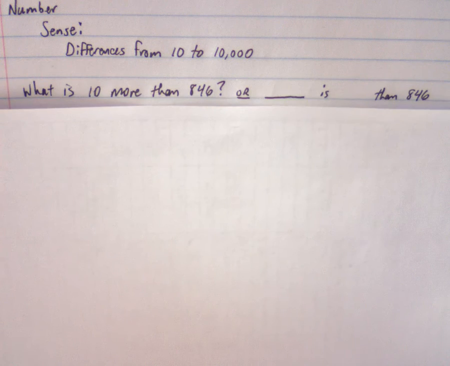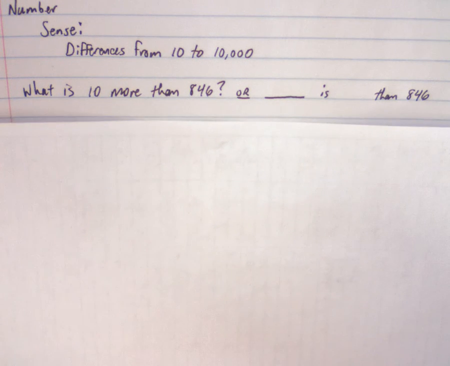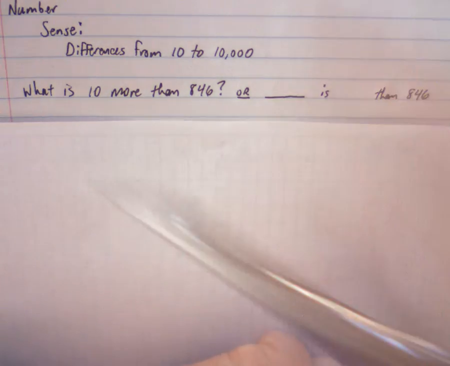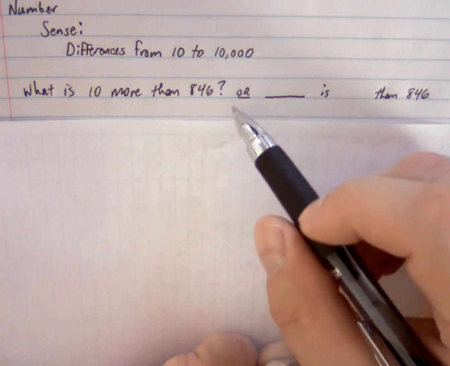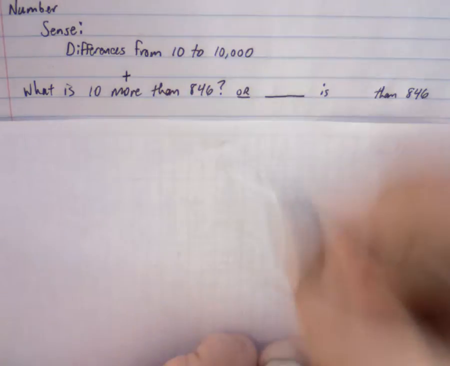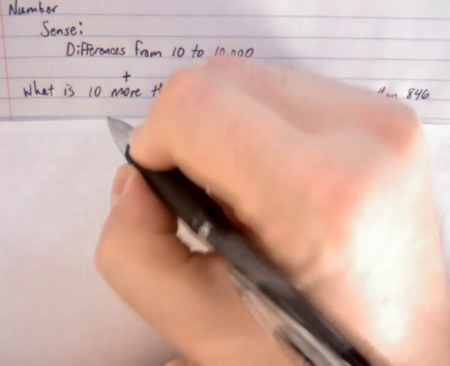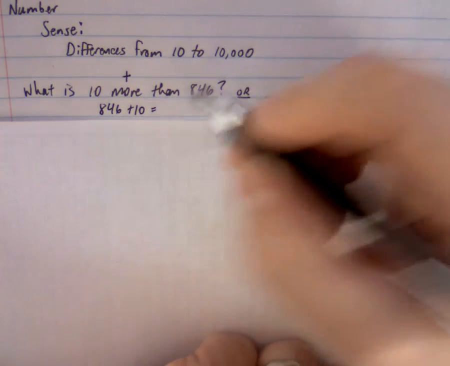So what we're going to do is look at questions where something is a number that is more or less than 60. If it's more, then let's write that out as an equation. Let's for instance use this question. It says, what is 10 more than 846? Well, usually when you see more, you want to add. Okay, so 846 plus 10 equals